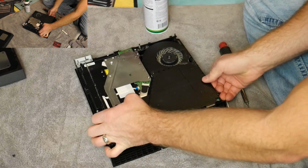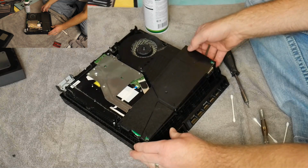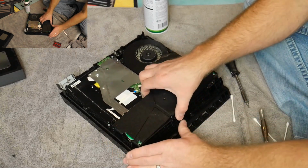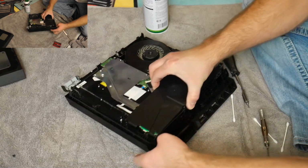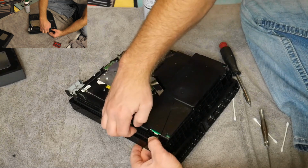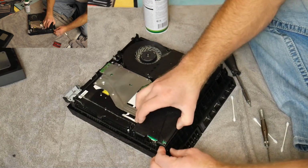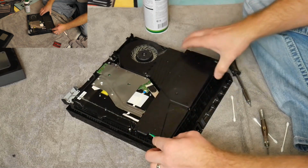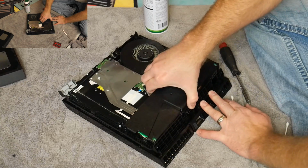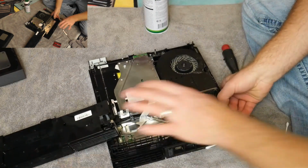It's always this side that gives you a little bit of grief. Don't want to force it, so you just kind of want to wiggle it through here. It should pop up here any second. Come on, buddy. There we go. Popped it out, and as you can see, you don't want to pull it really hard because